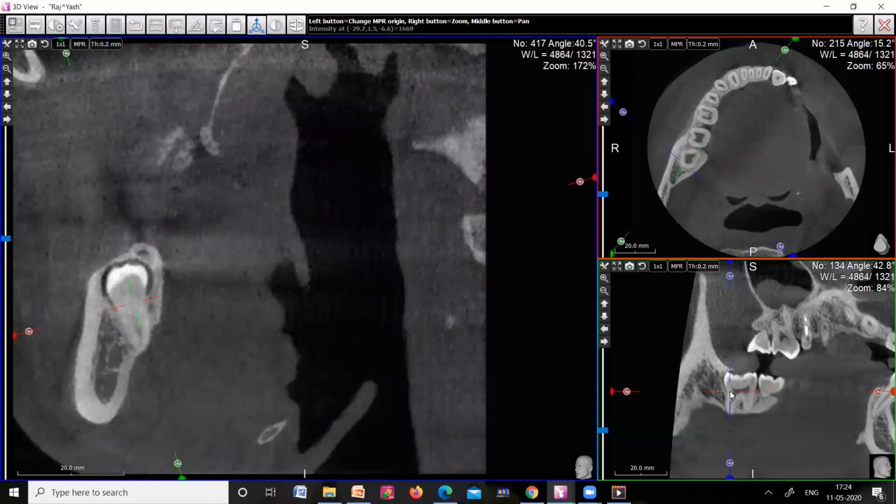As I go towards the distal aspect, I can see my inferior alveolar canal, which is present on the inferior side and at a good amount of distance. That would be around 1.4 mm. Ideally, it should be 2 mm, but we need to remove this tooth, so 1.4 mm is also good. It is present on the buccal side and the inferior side, and it is 1.4 mm away from it. So this is again an important thing which I need to understand.